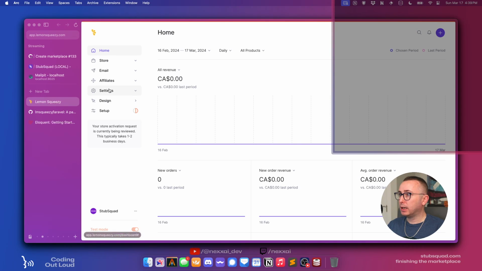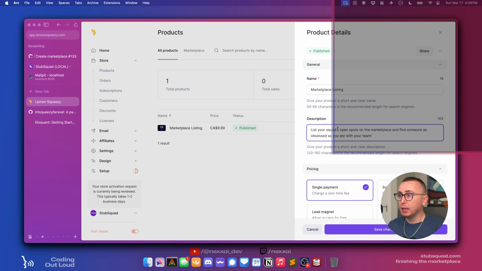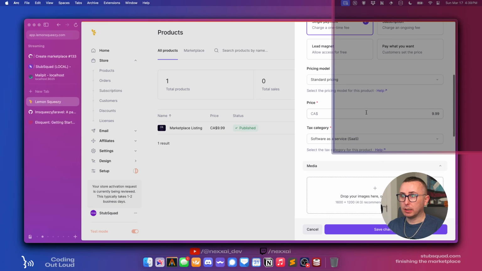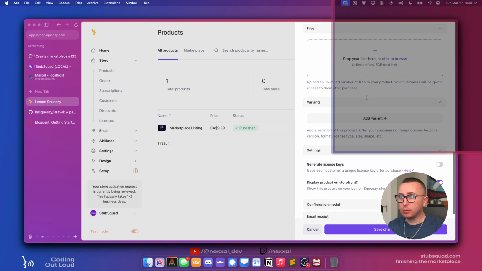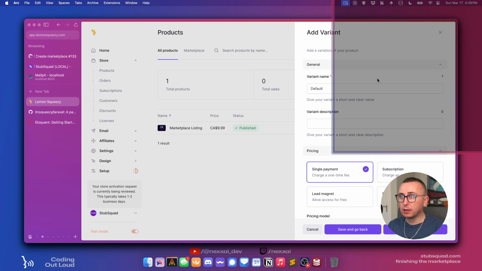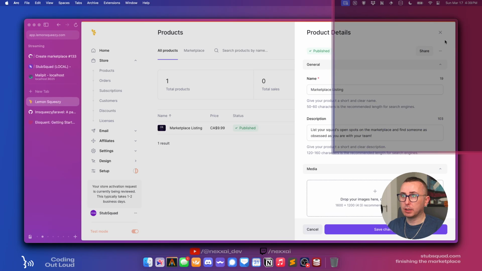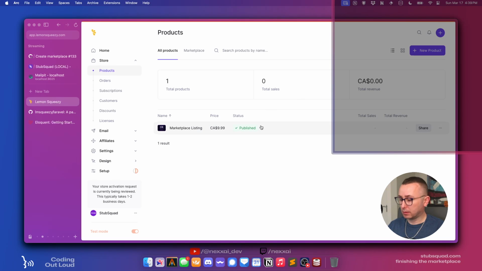So in our store, I have a single product, which is the marketplace listing. And I don't know where we will get the variant ID. Let me go back. Did we actually add a variant here?